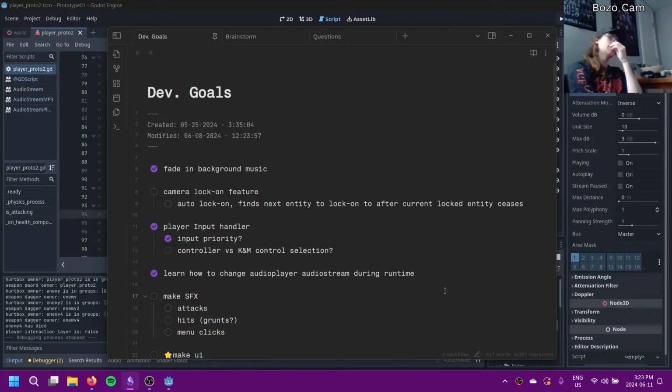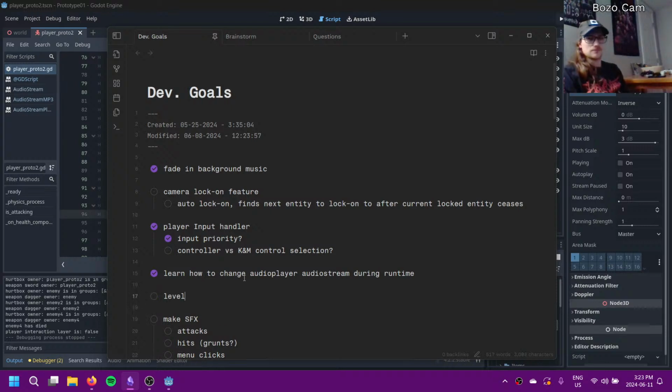And then I guess maybe inventory. And then also level design. I'm thinking about it. Oh yeah, and then there's also improve